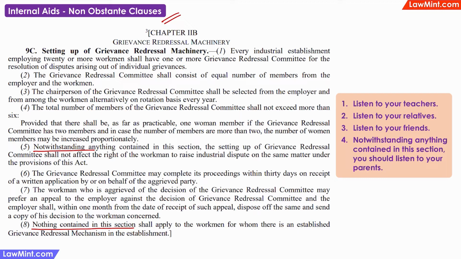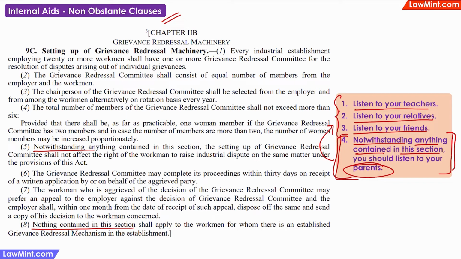If there are two provisions or sections or even two statutes that seem to operate on the same subject, then the non-obstante clauses can be used to establish priority. It is like if a section says you should listen to your teachers, you should listen to your relatives, you should listen to your friends, and then comes the non-obstante clause, which states that notwithstanding anything contained in this section, you should listen to your parents. So the non-obstante clause gives one rule or one law priority over the others, even if those other rules or